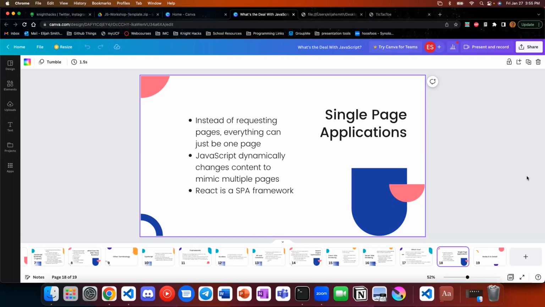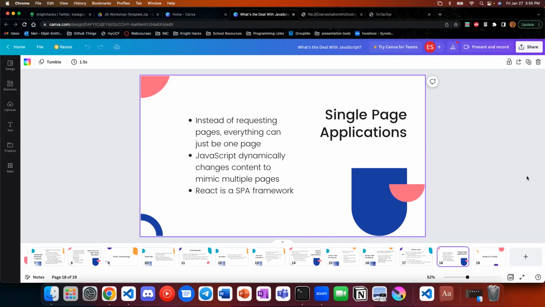But the other thing to mention here is a server-side rendered page. Every time you go to a new page, you have to request a new page from the server, and the server is going to render it and send it back to you, which is a lot of requests. A single page application is something that React does, among other frameworks. And basically, your entire application is literally in one page. You make one request to the server, you get all of the enormous JavaScript, and then JavaScript basically fakes that you're going to other pages.